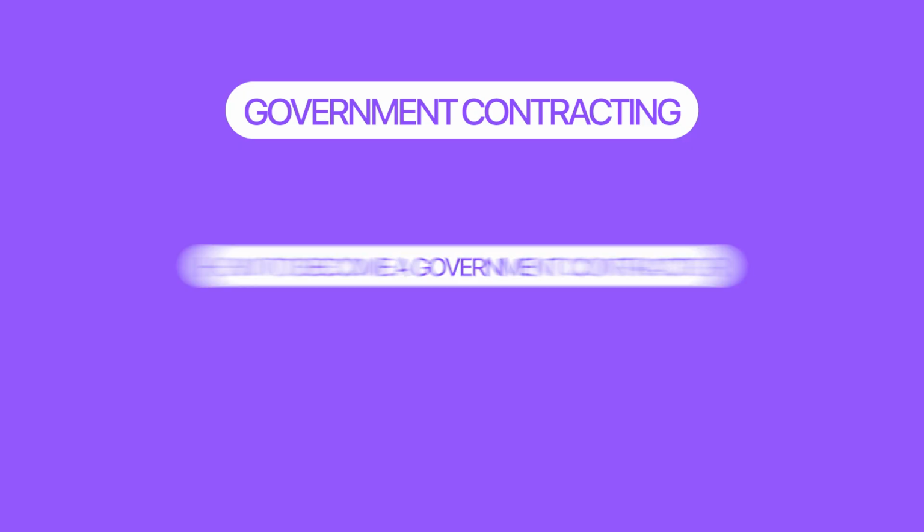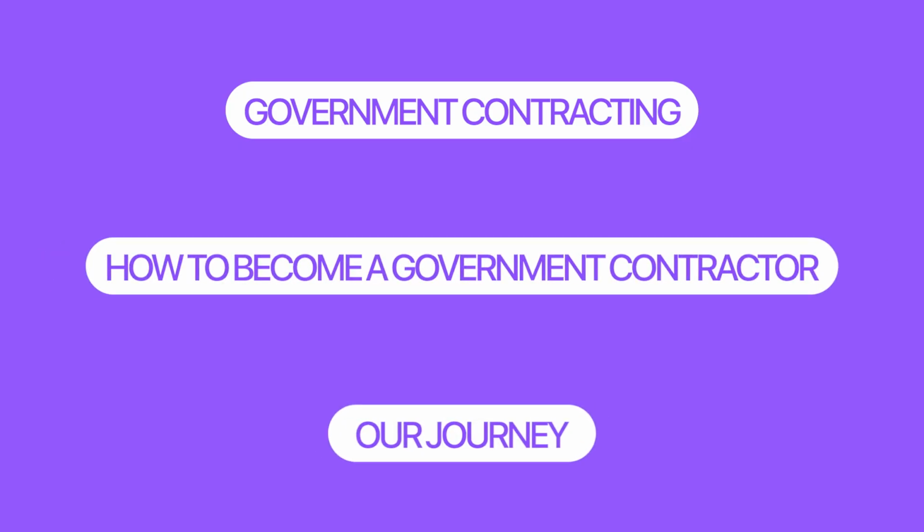And today we're going to talk about everything about government contracting, how you can become a government contractor, and our journey of becoming a government contractor. We will also talk about the difference between UEI number and CAGE code or CAGE number. I will also take you with me today as I prepare for one of the bids that's due this week for a federal janitorial contract. So come with me while I complete that process.